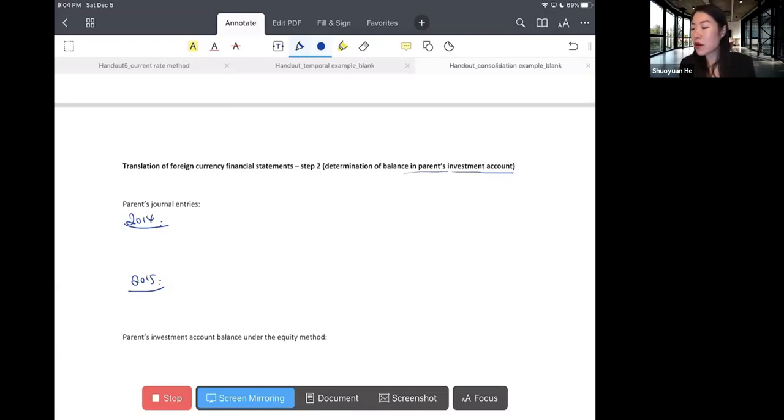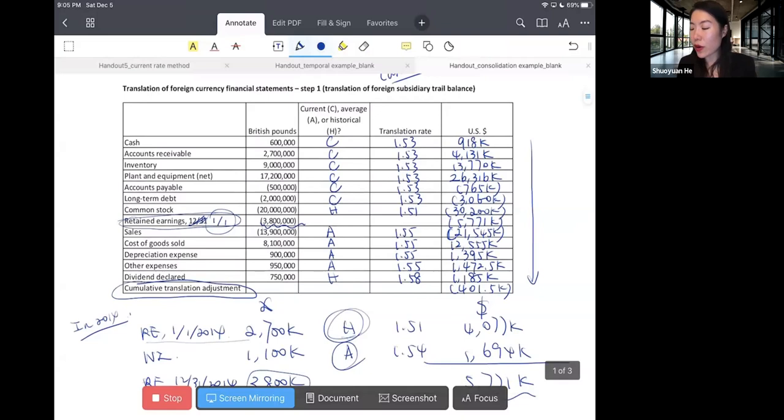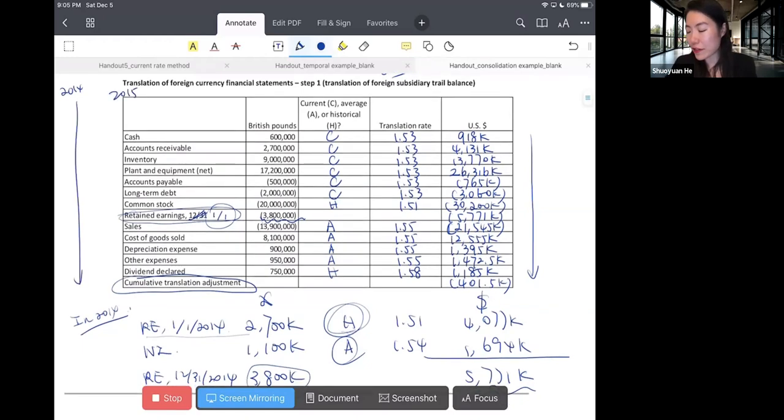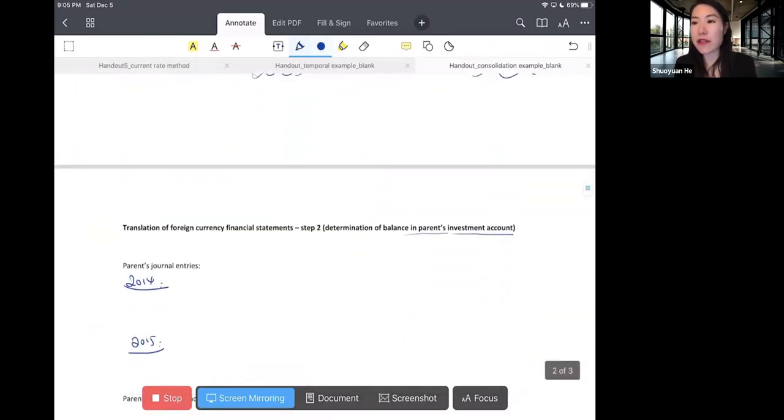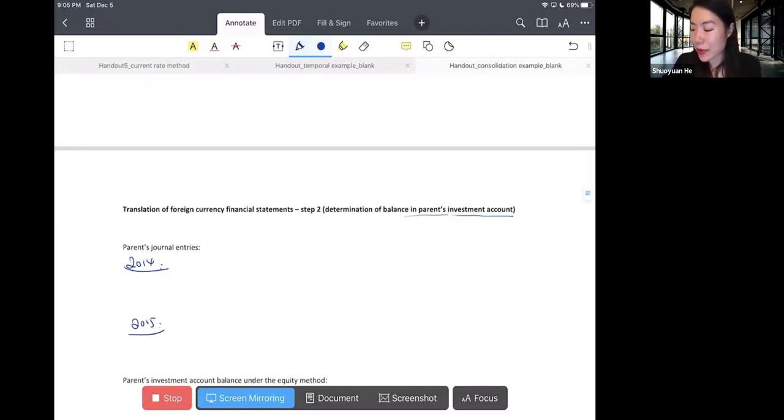And how much amount should we record? In order to figure out the amount, we need to have gone through the trial balance for the year 2014. This trial balance is for the year 2015, the same thing. Now we don't have the trial balance for the year 2014. However, even without that, we can figure out those numbers, because if you still remember, we have that formula of change in net asset equals the change in common stock plus change in additional paid-in capital plus net income minus dividend, right? So in the year 2014,